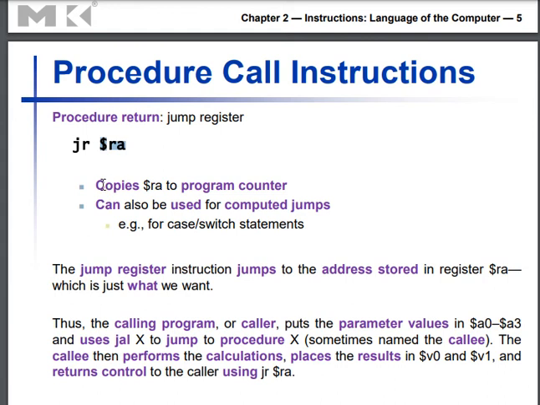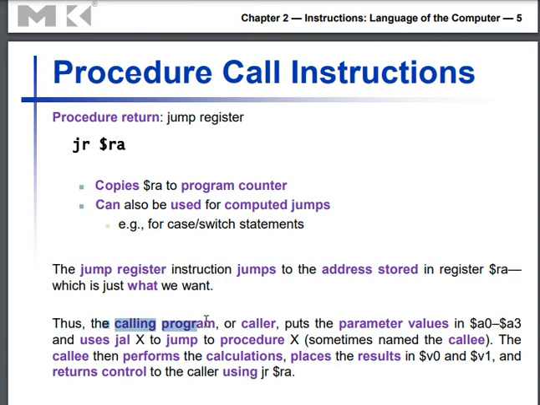It will copy the address saved in register RA to the program counter, PC, because the program counter contains the address of the instruction currently being executed. So this is the meaning of the jump register instruction, what it does.